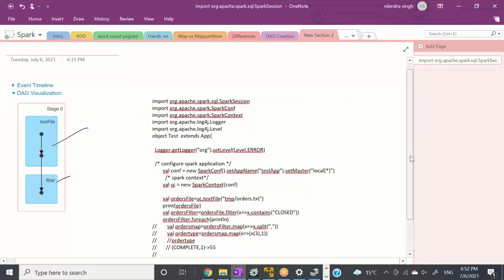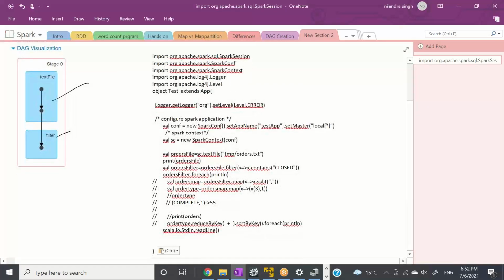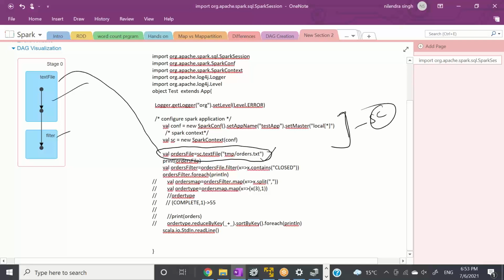So what did I do in my code? These lines are about Spark, sorry, not this. Till here, I just created the Spark context. So this is nothing. I just created the Spark context. Then I first read the text file. This line is all about the text file, and this is where the RDD was created, right? The first RDD is created. Then I did the filtering, right? See here, filter here. That's where it is mapped here, right? And then I did some action. Where is my action?